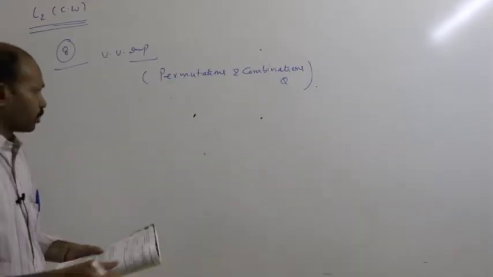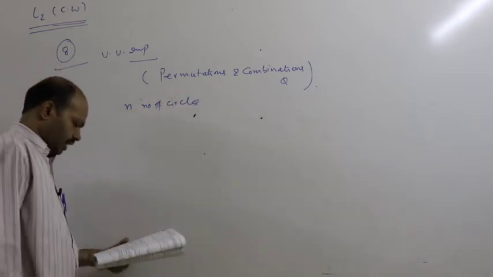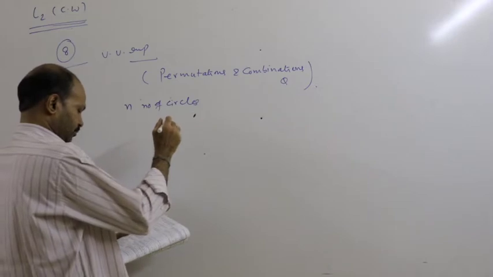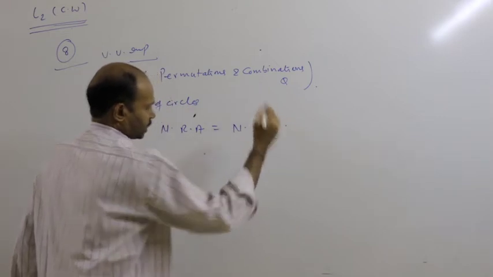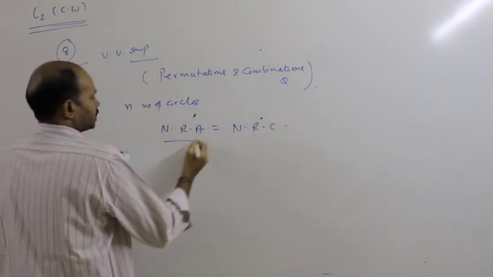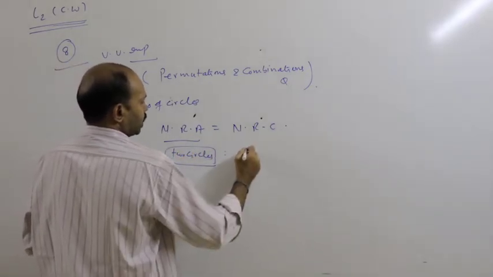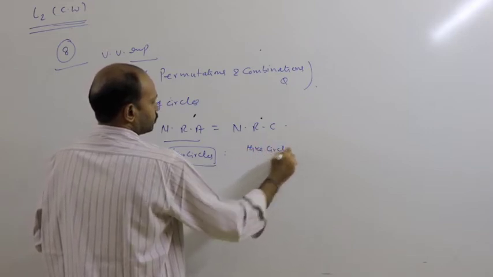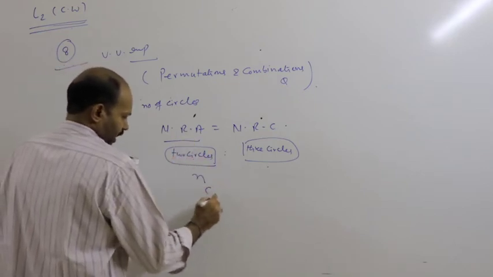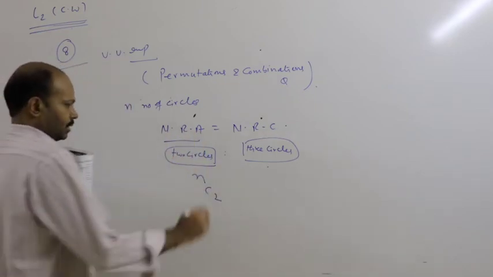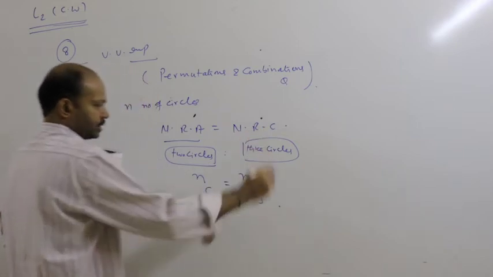See, there are n number of circles. He is saying that the number of radical axes is equal to the number of radical centers. For forming a radical axis, we need 2 circles. And for forming a radical center, we need 3 circles. It's a very common property. Out of n circles, any 2 can be selected in nC2 number of combinations. Out of n circles, any 3 can be selected in nC3 ways.